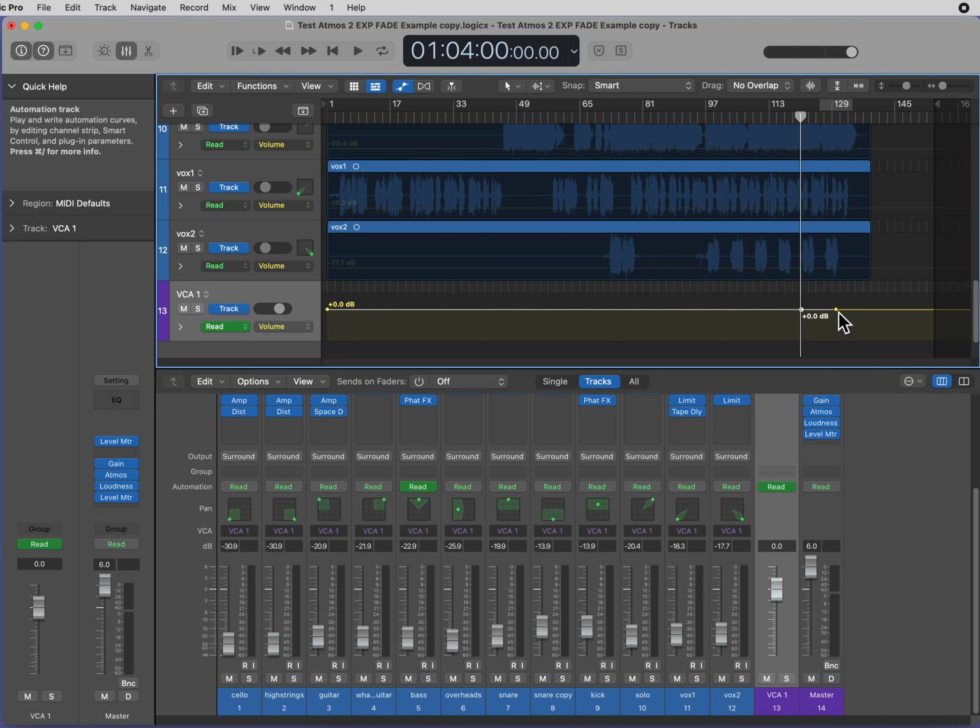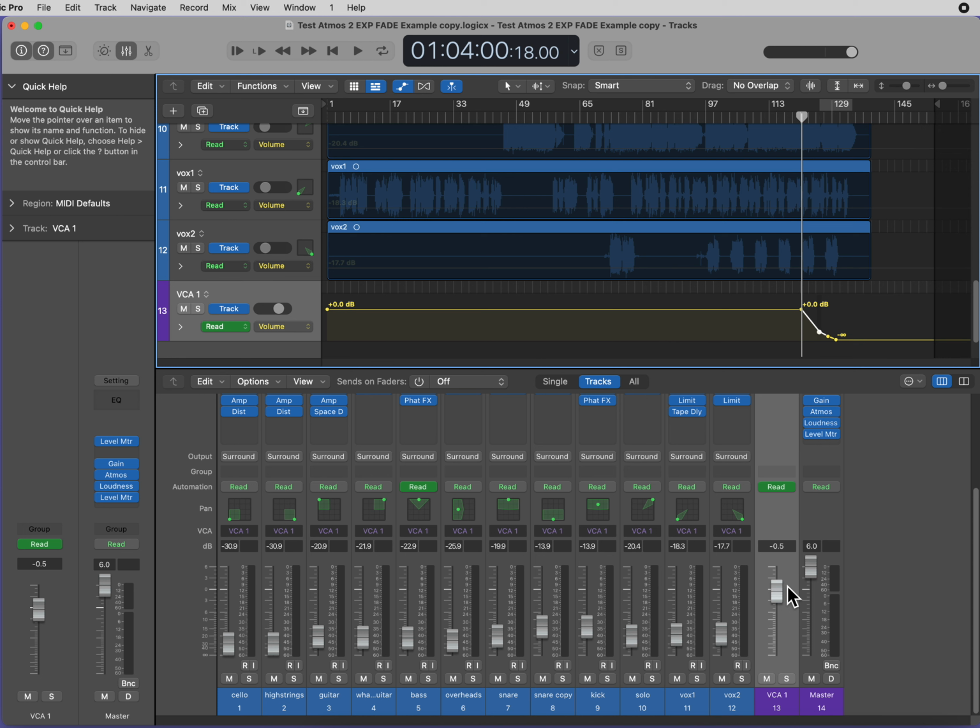Okay. And pull down the fader where you want the track to end. Now, this is a little bit more of a hard fade than I would do if I was working with a client or for myself. Normally, I would do something more like that, except more rounded, but it's fine for these purposes.